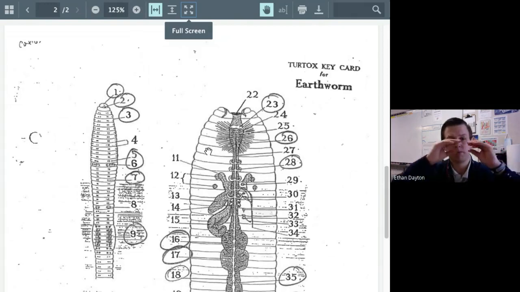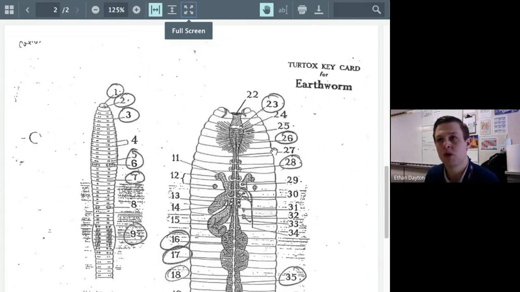Those muscles pull and push to allow in certain amounts of dirt and organic material. Okay, that is after passing through the mouth, the first thing that the food goes through. Okay, that's number 25. 26 are the muscles that control the pharynx. Okay, so we're sticking with the digestive system. It goes into the mouth, into the pharynx, number 25. Then, Ava, very good, it goes into the esophagus.